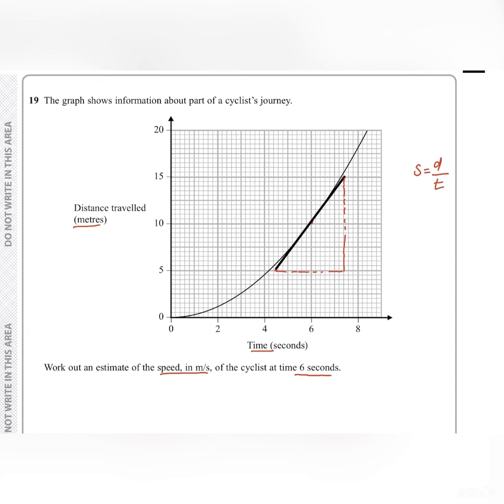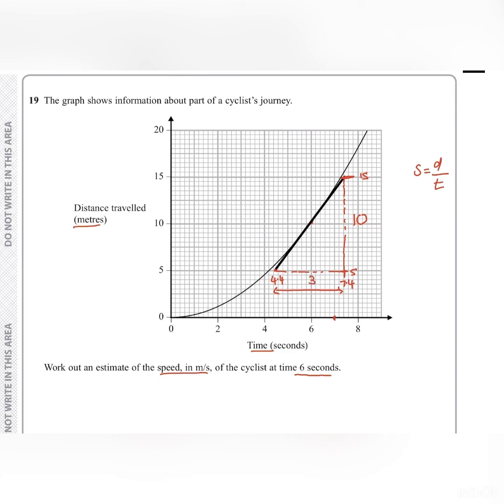this line. Now from 15, so that's 15 there, and this is 5 here. So that is 10 meters traveled. And then the time over here, so that we've got 7 in the middle. So 7.2, 7.4 at this point. And then roughly about 4.4 over here. And the time difference between there and there, 7.4 take away 4.4